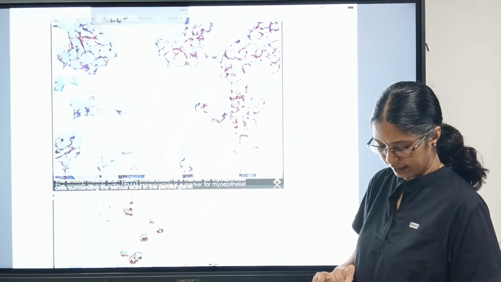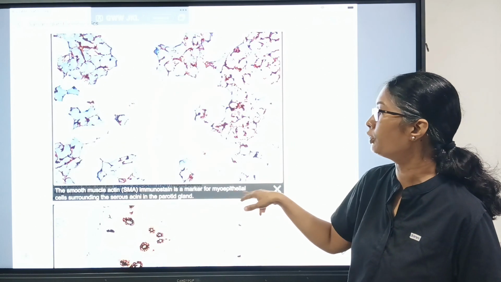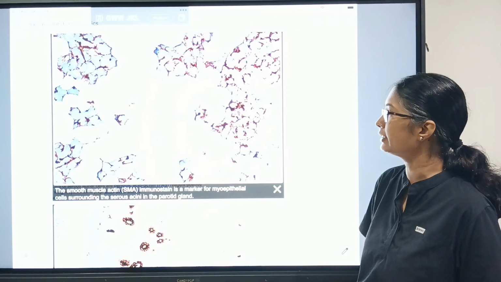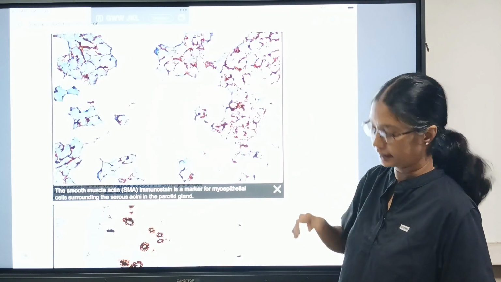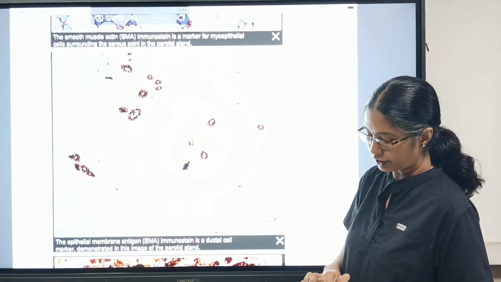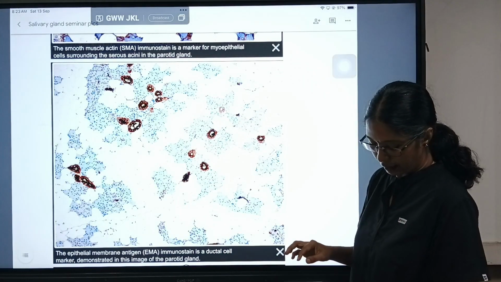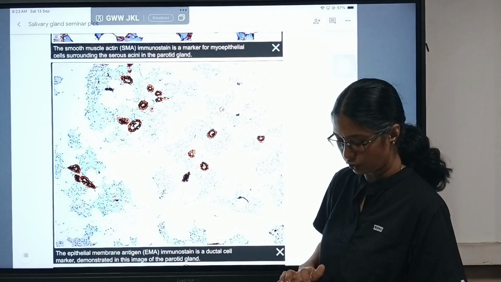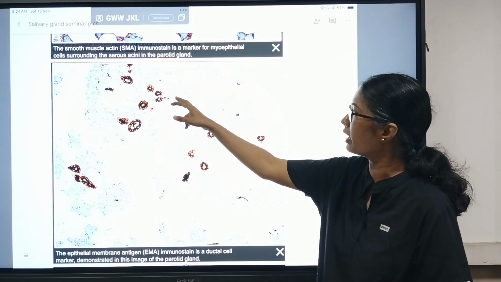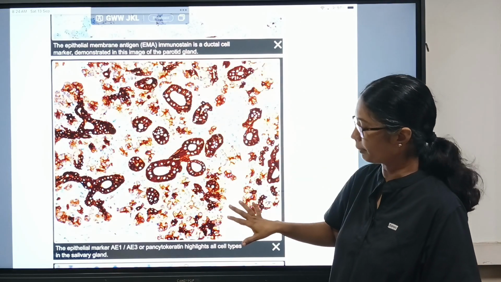So here we can see the smooth muscle actin, which is the immunostain marker for myoepithelial cells surrounding the serous acini in the parotid gland. So we can spot the myoepithelial cells around the serous acini. And this one shows the structures stained with epithelial membrane antigen, which is a ductal cell marker. So we can see the ductal cells alone marked in this staining procedure. And this is a complete cytoplasmic